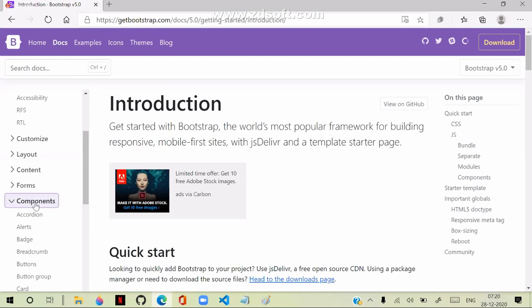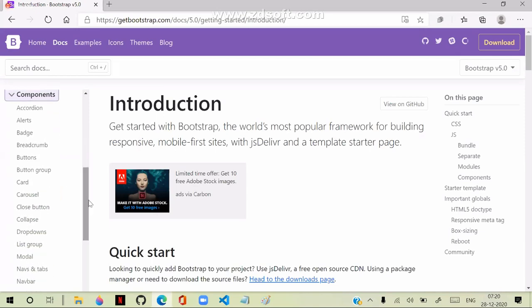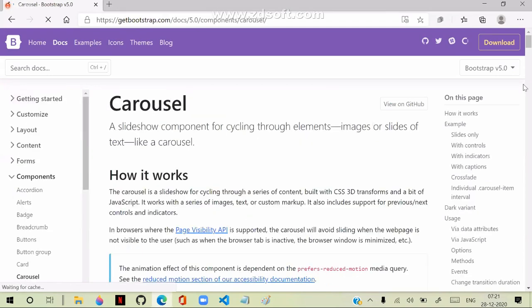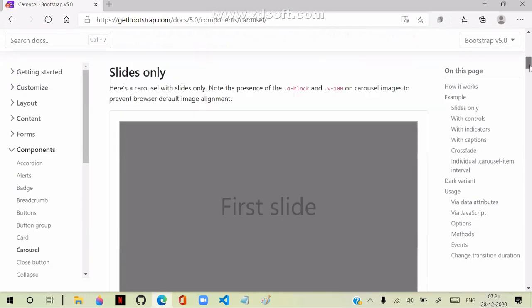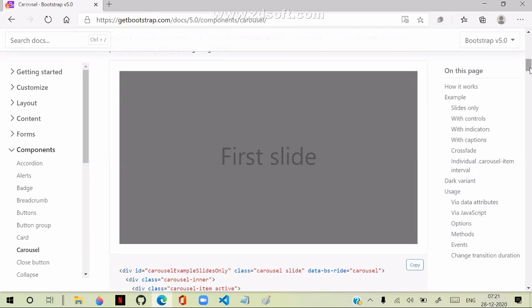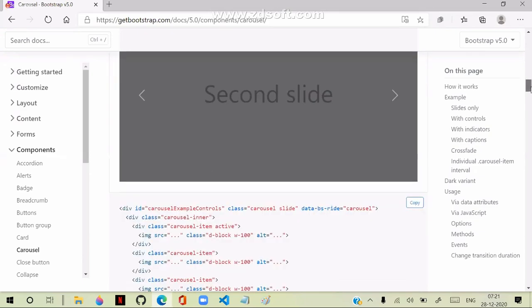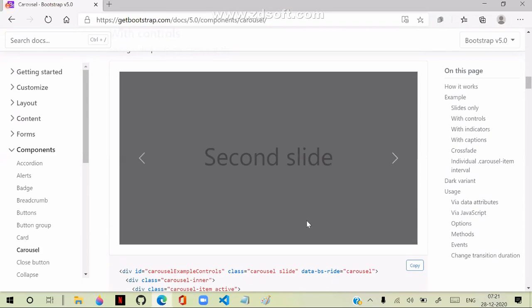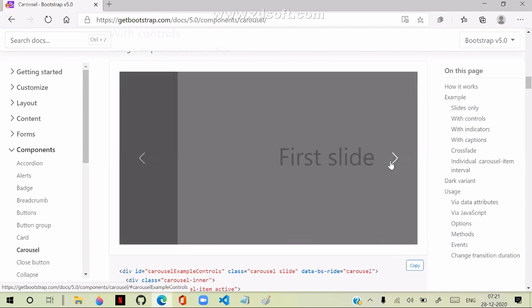When I go to the components category, there are several components here, like carousel. I selected carousel. Carousel is a component. The carousel component usually looks like this. That means it contains slides moving left, right. So with the navigation, we click on left and right, and the navigation happens to the next and previous. These are all components actually.